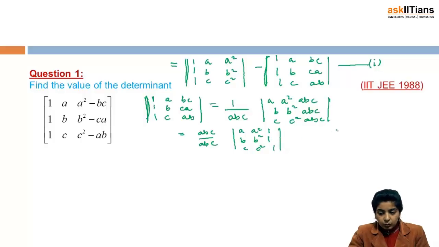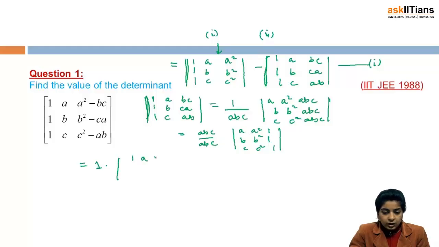Okay, so what about this now? This is 1 into, what about this? I now try to transform it into some form of equation 1. Let us say this was your first term, this was your second term. So this term is 1, A square. I try to transform it into that form. Then I'll have to change the columns twice in order to get 1, A square, 1, B square, 1, C square. First I interchange these two columns, that will become 1, 1, 1, and then I'll get ABC here.